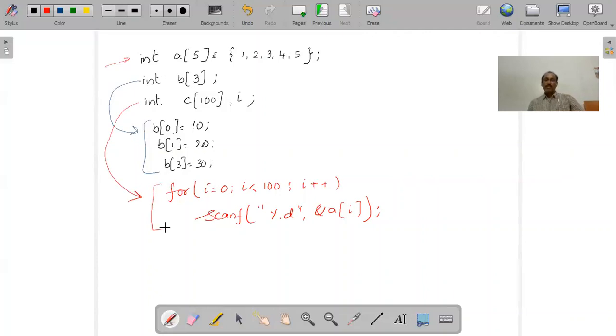Initializing the elements of the array in 3 different ways. This is the first way, this is the second way, and this is the third way. So once you know how to declare array variables, how to assign the values to the members of the arrays, either initializing directly, assigning the values, or reading from the user, if you know all these things, you can perform any operations on arrays. So next class we'll see how to